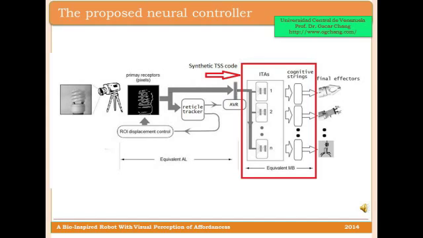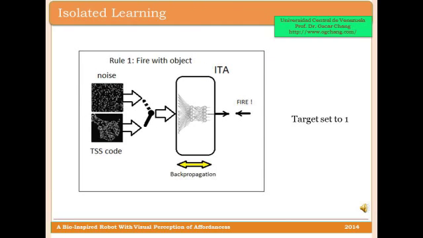Secondly, we define an MB, consisting of many small neural networks, called isolated tunable agents or ITAs. These agents are responsible for learning and recognition, and they utilize as their only input the synthetic TSS code produced by the AL. When learning to recognize objects, ITAs behave as autocritical individuals, using 2 rules. Rule 1. Look to the outside world. See the object for a while, and use backpro to learn to fire with the object and partially forget what you have learned somewhere else.